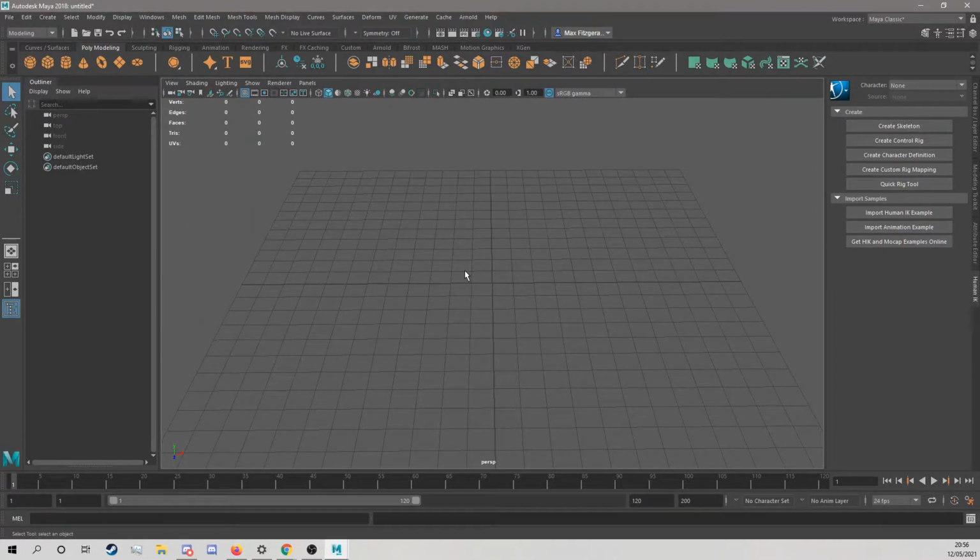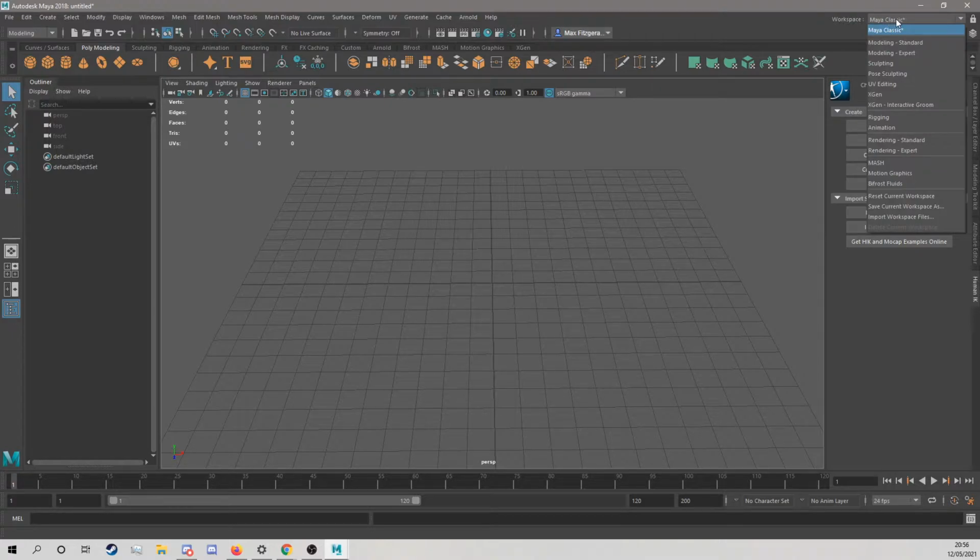Okay, so you want to go back into Maya, and before we do anything, I'm going to make sure that your Maya looks similar to mine. I'm using Maya 2018. It shouldn't really matter all through to 2020. It's pretty much the same if you're using 18, 19, 20. It shouldn't matter. So go to Maya Classic in the top in the workspaces,